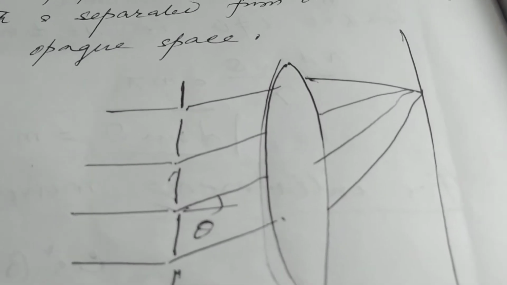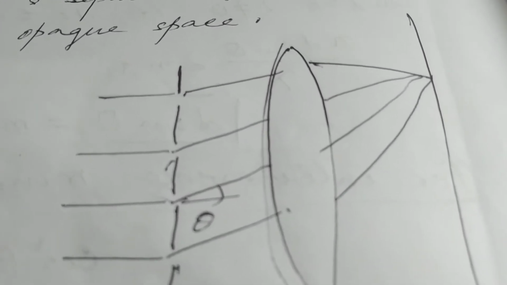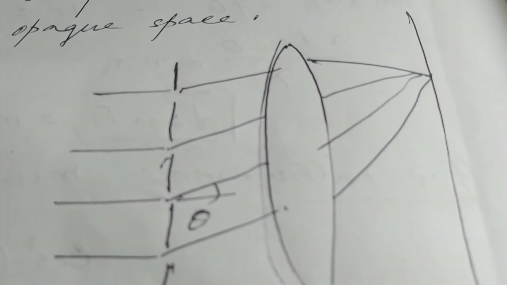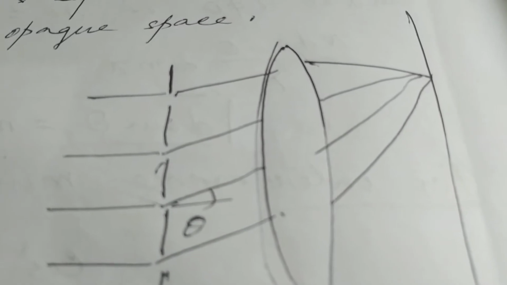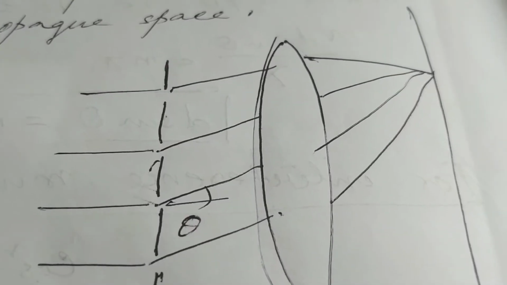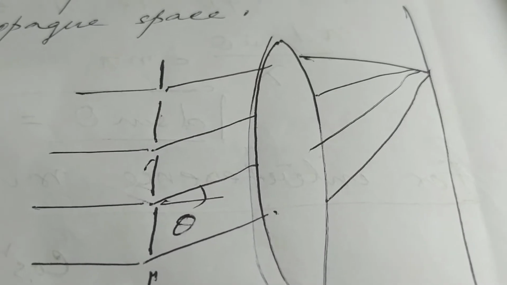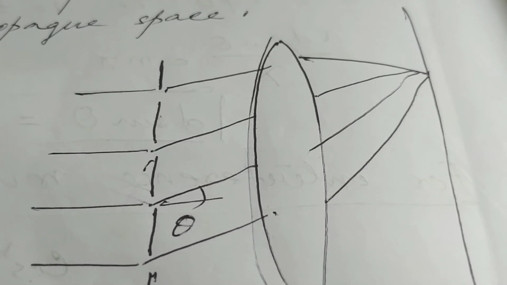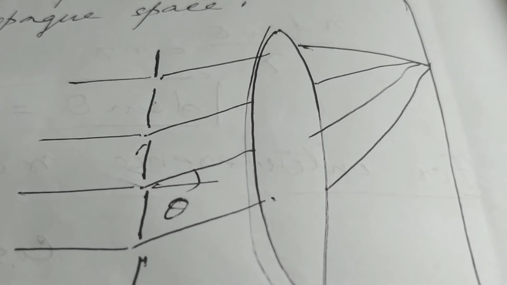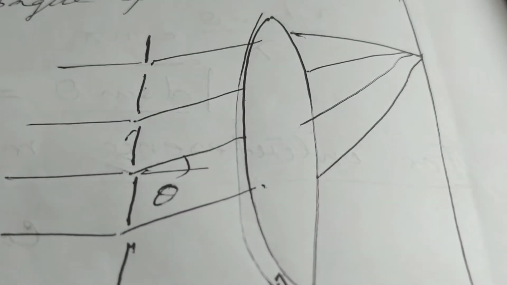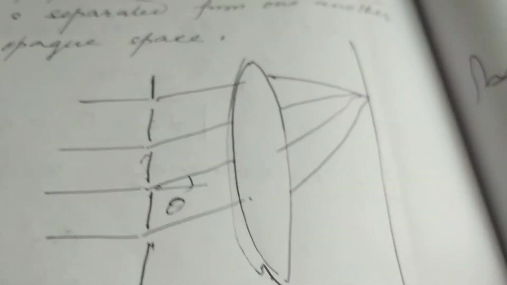Dear students, I have already discussed the diffraction pattern in case of single slit and double slit. Now we are going to consider if there are a large number of slits, or multi-slits. An optical device which contains a large number of equally spaced slits having equal width is called a grating. So what will be the diffraction pattern in case of a grating, that we are discussing now.